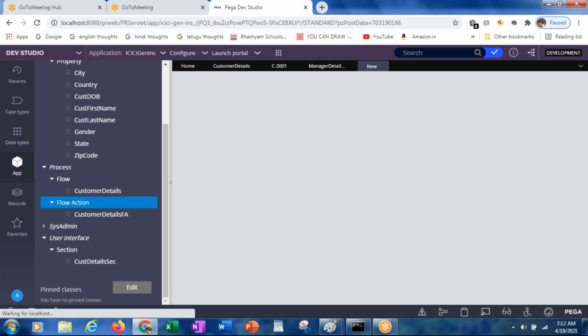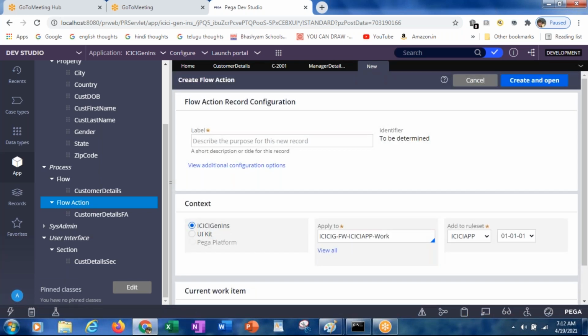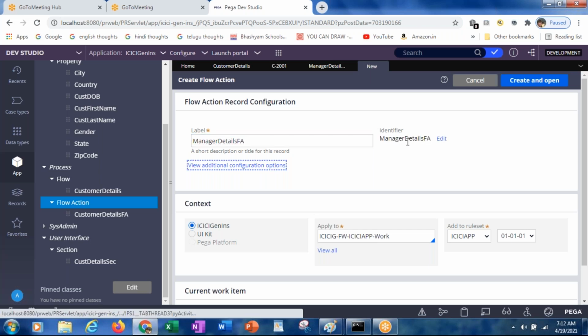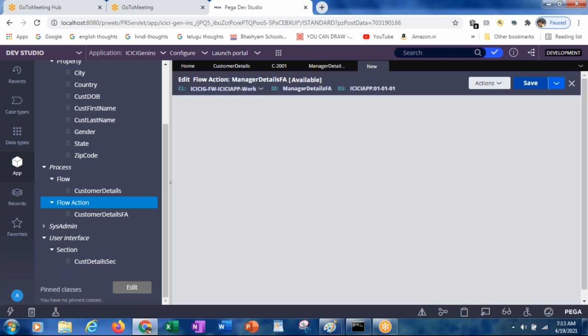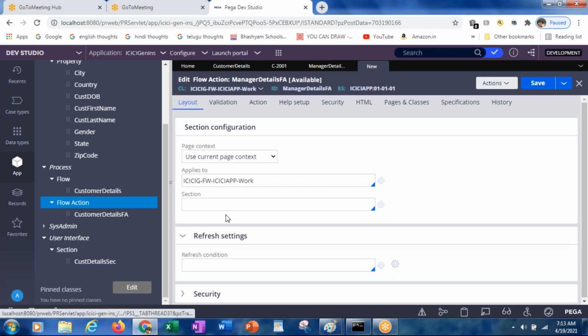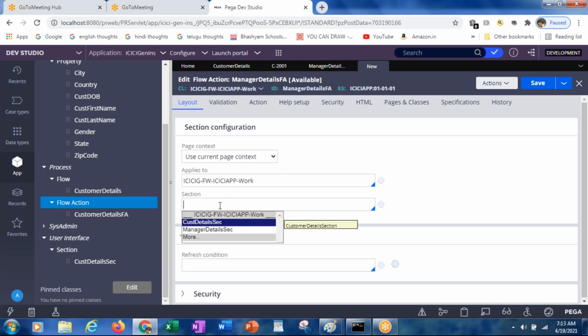Directly we cannot refer the section from the flow. Manager details flow action, okay, create. Now in this flow action, we need to refer the section. What is the section name? Manager details section.